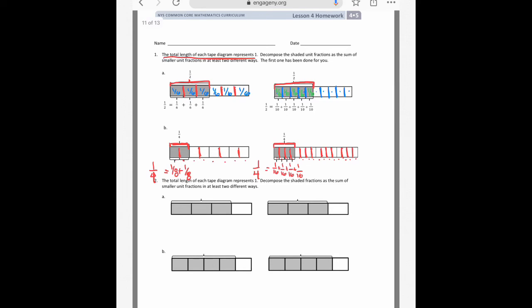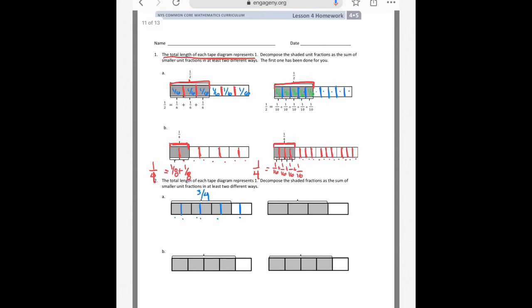Okay, now on the last two, we can split them however we want, but let's look at A. So it looks like here that 3/4 is being represented. So I'm going to write 3/4 right there because 3 of the 4 are shaded in. And then I'm going to split it however I want, but whatever I do to one piece, I have to do to the rest. So let's say I'm going to split each of these 4ths in half,